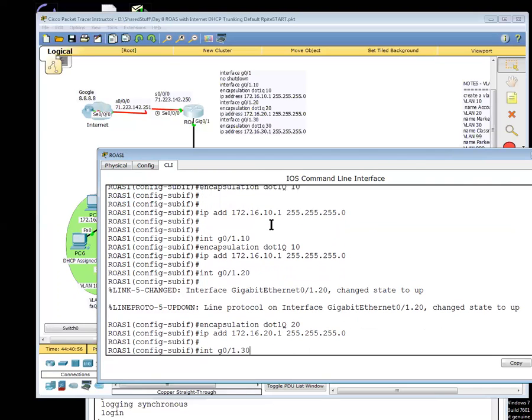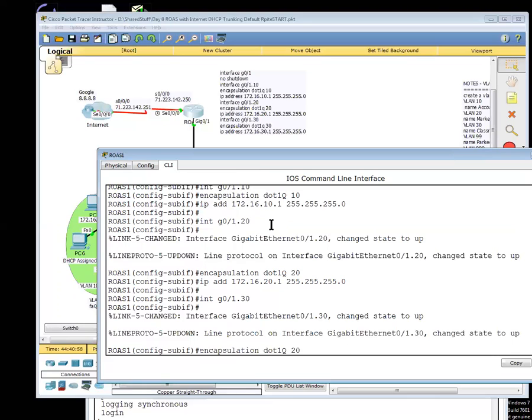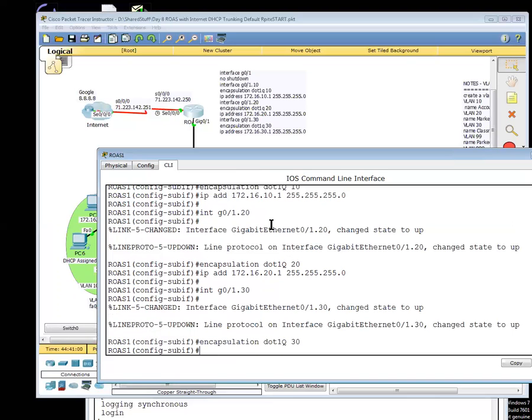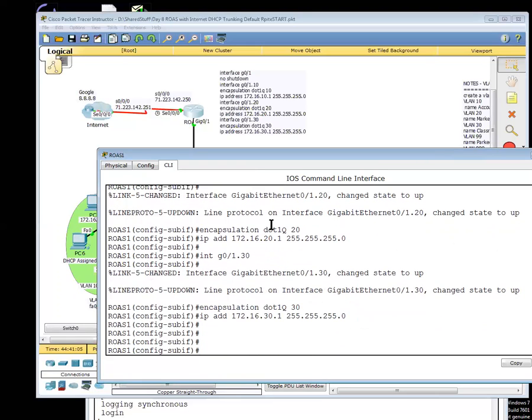Now I'm going to do 30. Hit the up arrow. I'm going to do 30. 1, 2, 3. And we'll change the subnet IP address to 30. Okay, so just for testing, let's do a do ping